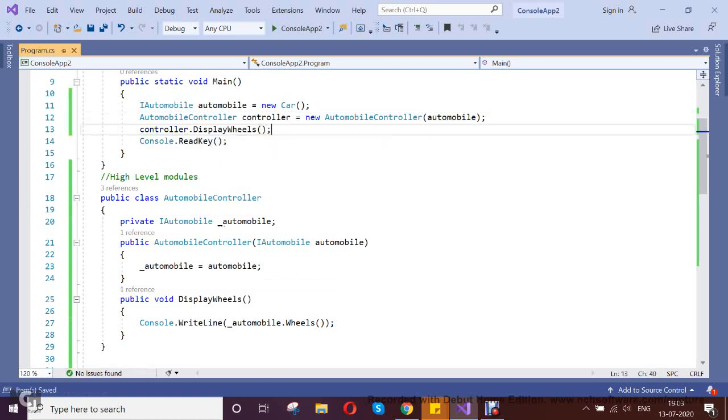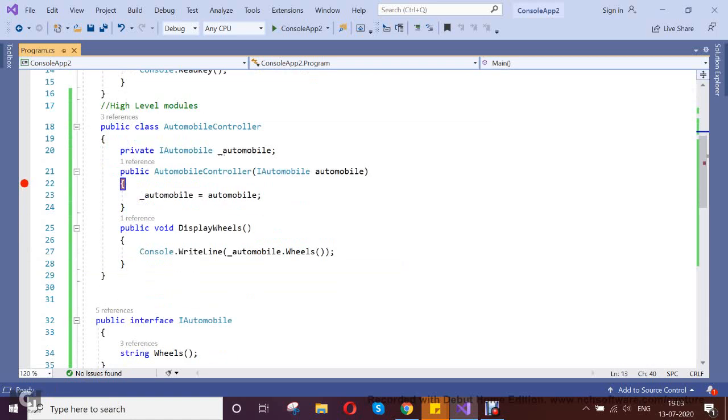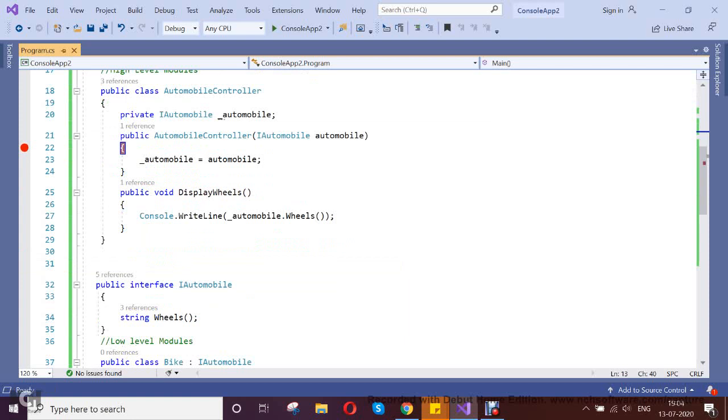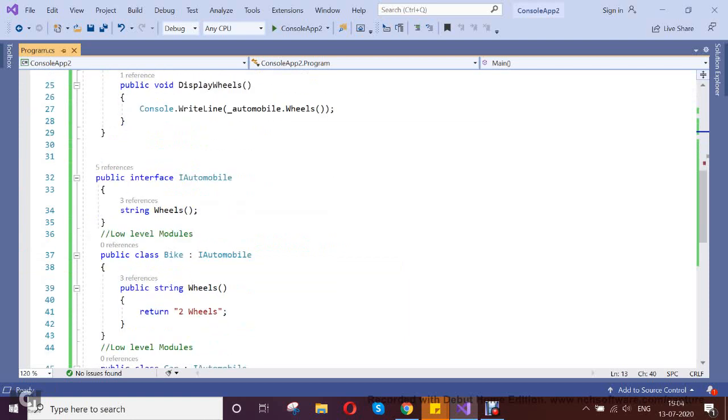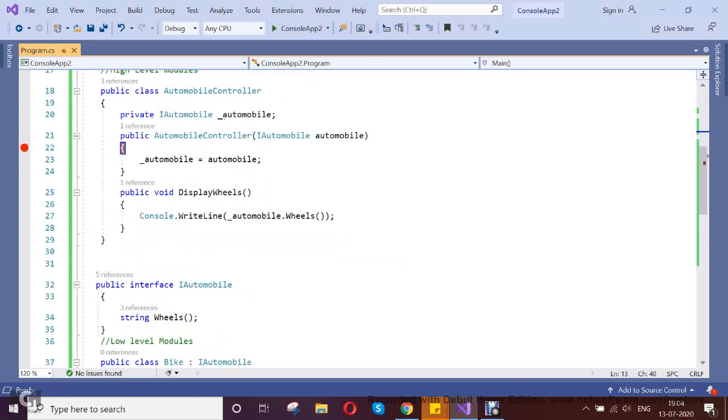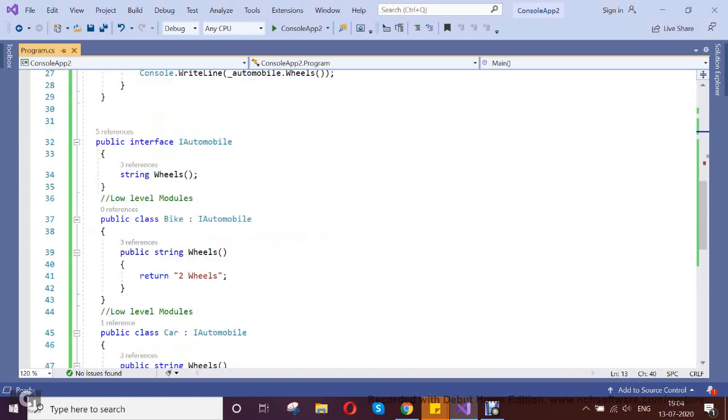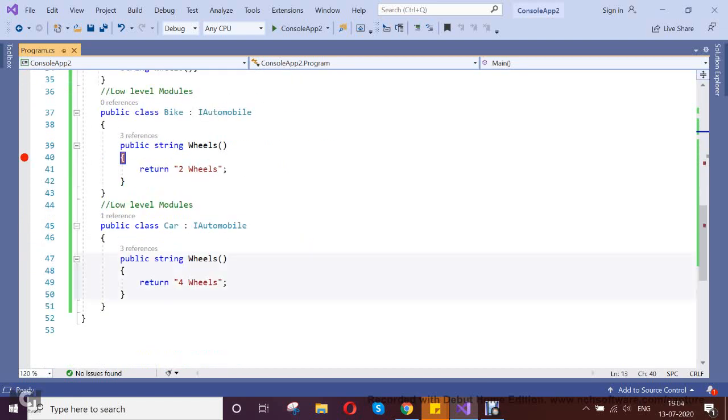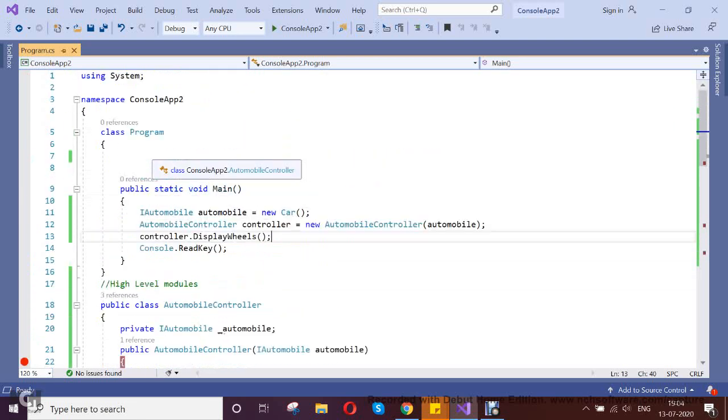Let's keep the breakpoint here, and here, and here. Let's run that.